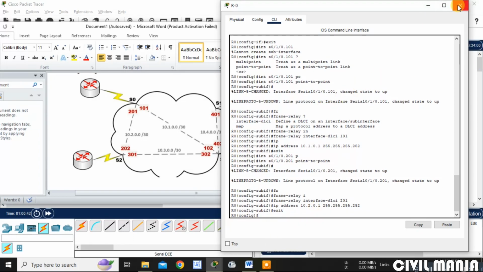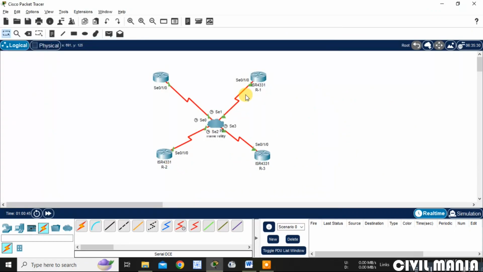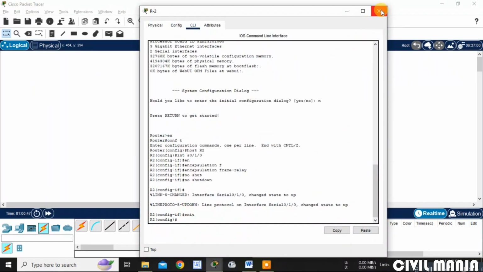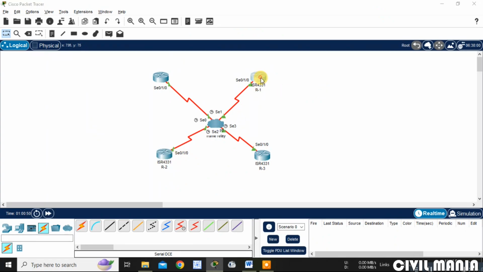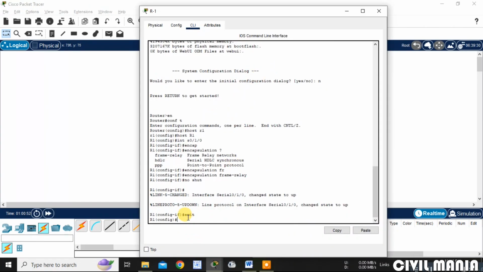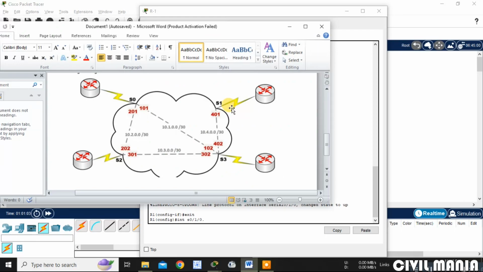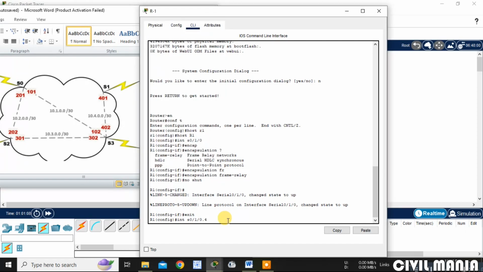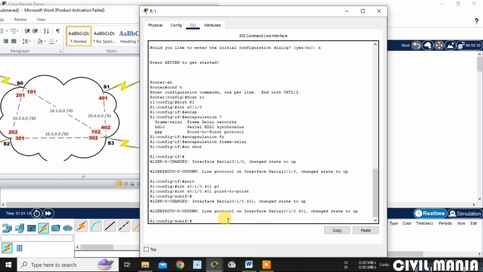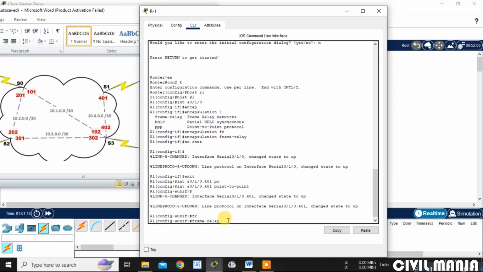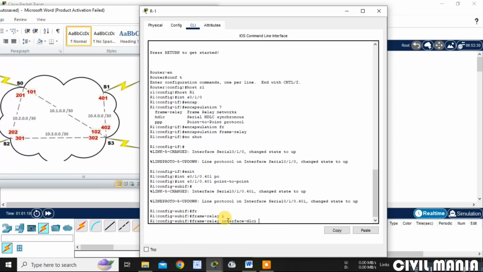Now let me go to router 1. In router 1, interface S0/1.401, the DLCI is 401. So 401 point-to-point. Now frame relay interface DLCI 401.